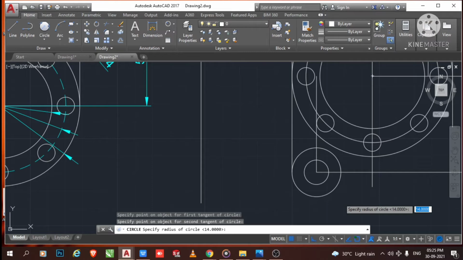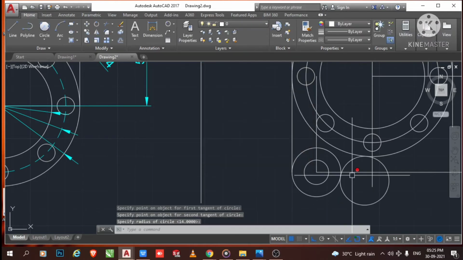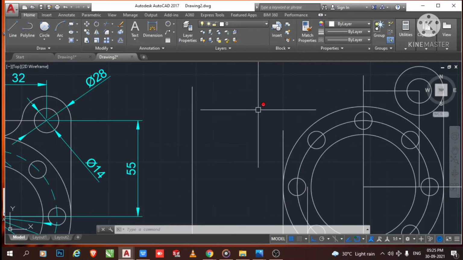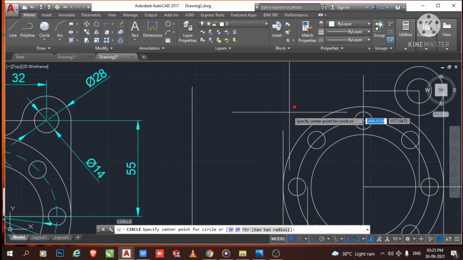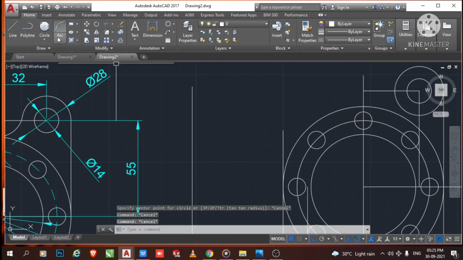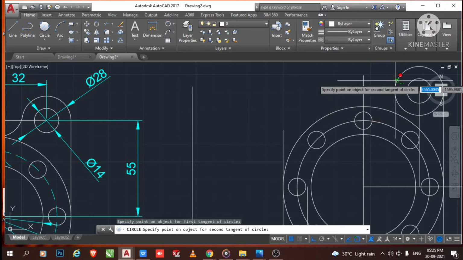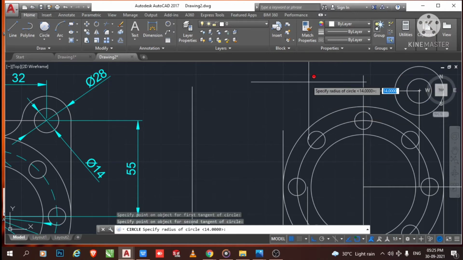So select 14, enter. Now look, here we create, and again we create this one also. Go to this one, select tan radius, now select this outer circle, this one, and make it also 14.